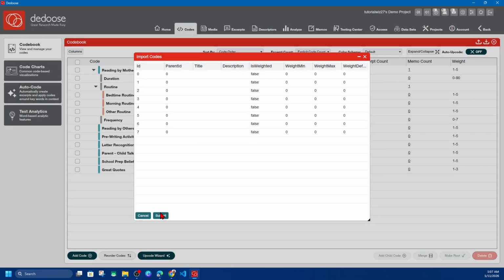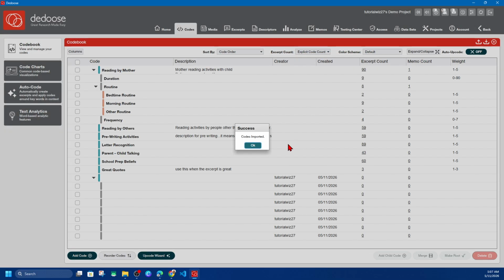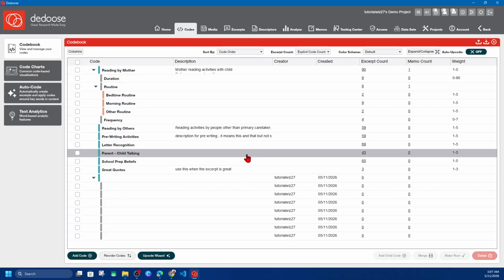Now from here, I want to click on the submit button. And then once successful, it's going to say success, codes imported, and then go ahead and click on